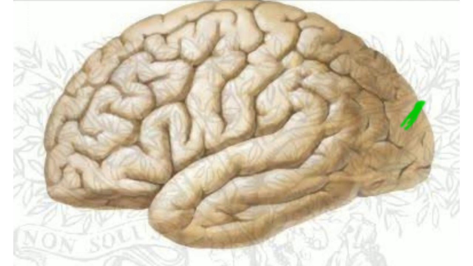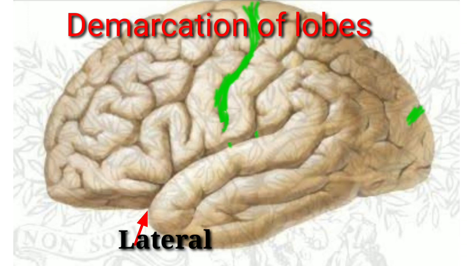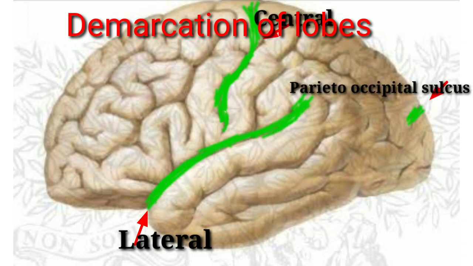Next, coming to the demarcation of lobes on suprolateral surface. With the help of lateral, central and parieto-occipital sulci, the preoccipital notch and 2 imaginary lines, it is possible to divide the suprolateral surface of the cerebrum into 4 lobes. The central sulcus is prolonged till it touches the posterior ramus of lateral sulcus. Next, an imaginary vertical line is drawn from the point of parieto-occipital sulcus on the supromedial border to the preoccipital notch on the inferolateral margin.